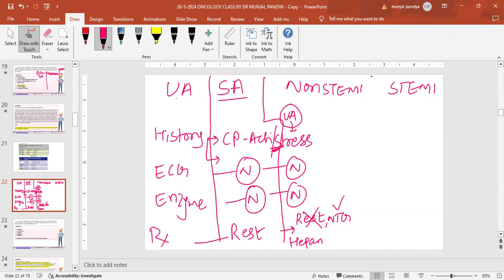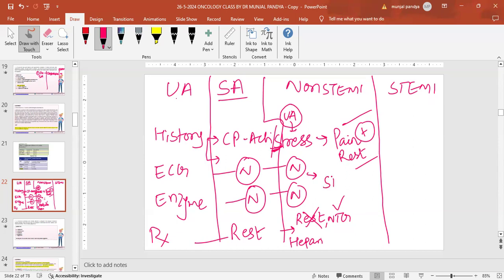Non-STEMI. Now again, Iram, tell me the four things in non-STEMI, in terms of history. In NSTEMI, the patient will present with typical chest pain even at rest, crushing, or with sweating, or radiating to the shoulder, neck, everything. Fair enough. ECG will show no ST elevation, which is typical for MI. It might show ST depression. This is the most important thing: ST depression would be there. Another is it could be normal in the early stage, or there may be T inversion.